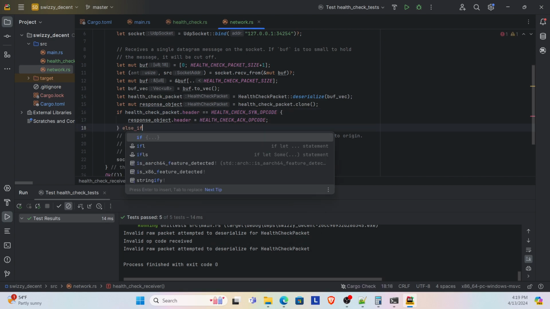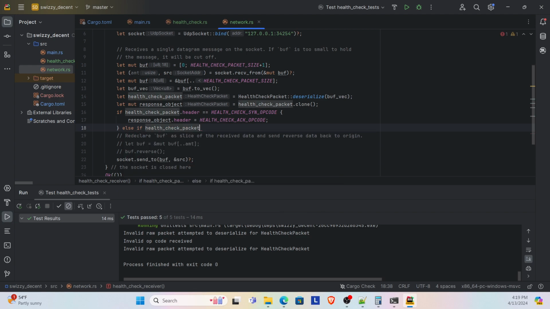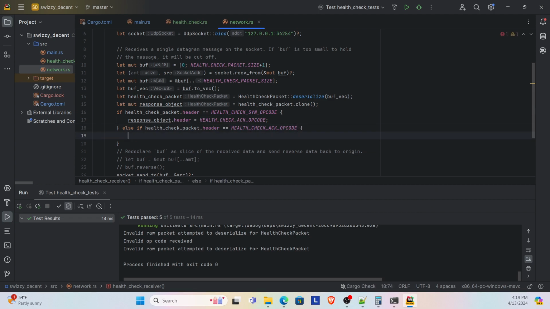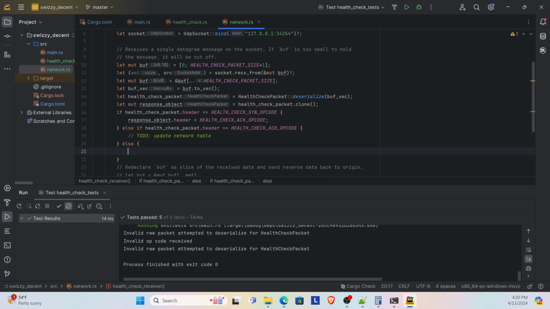Else if health check packet dot header equals ack opcode, we're going to, in this case, update the network table. Update the network table. Okay, so we're gonna update the network table, and then else